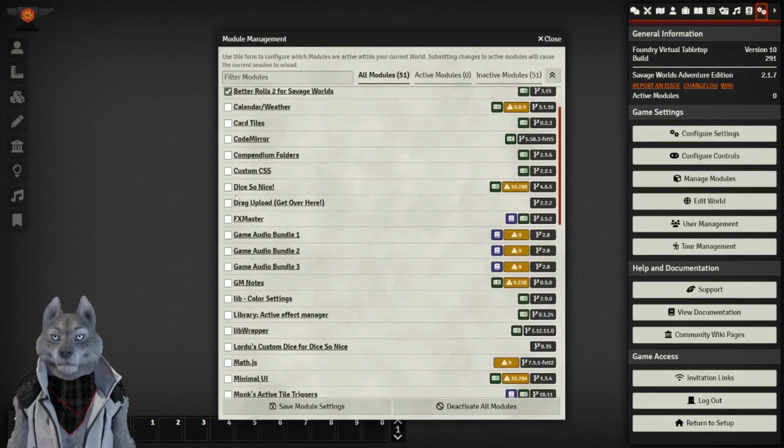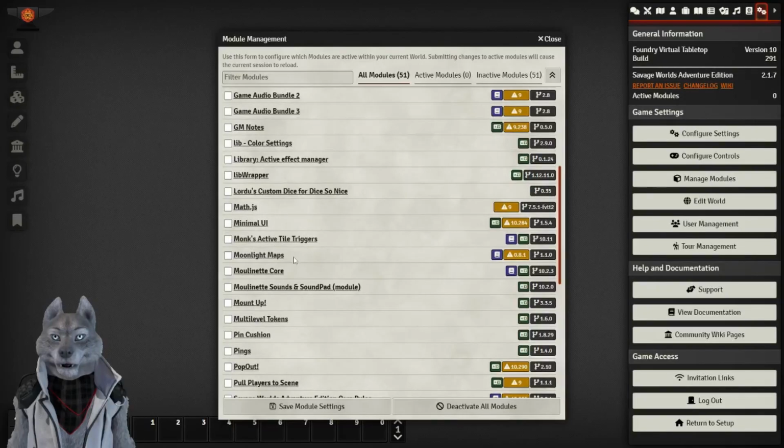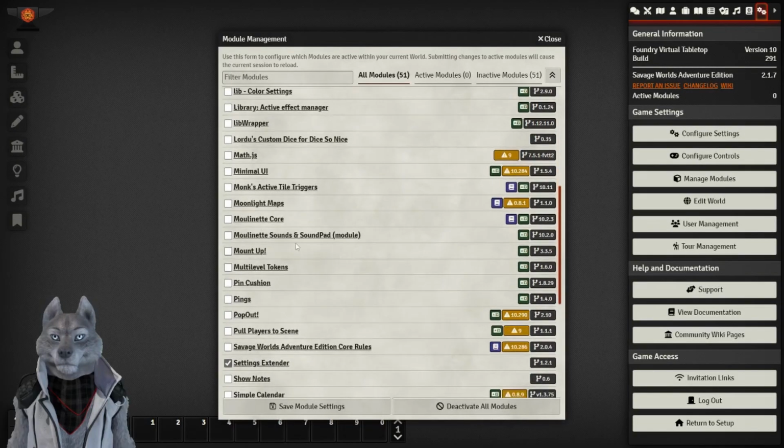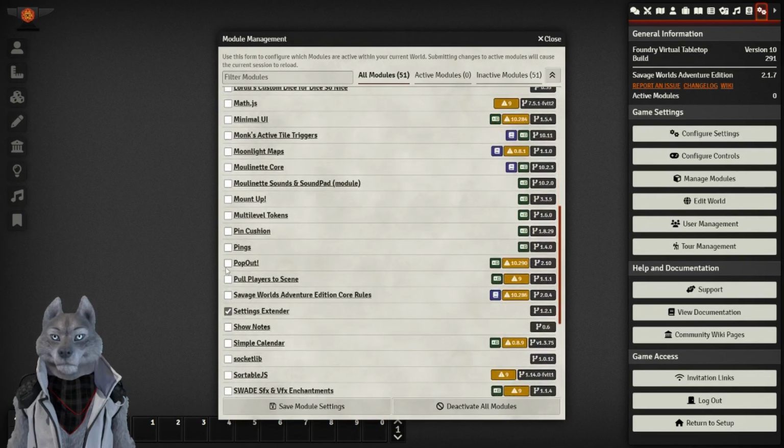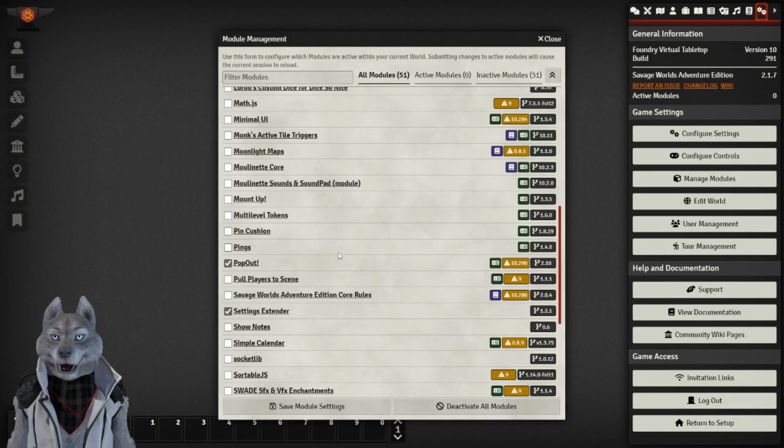Let's see, next up is, yeah, a lot of this stuff I don't need. Pop Out is another great module. Pop Out allows you to take all these items within the Foundry and create a separate window for them so you can move around on your screen. I'll show an example of that once I